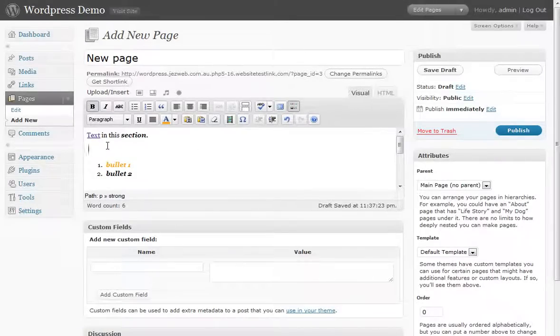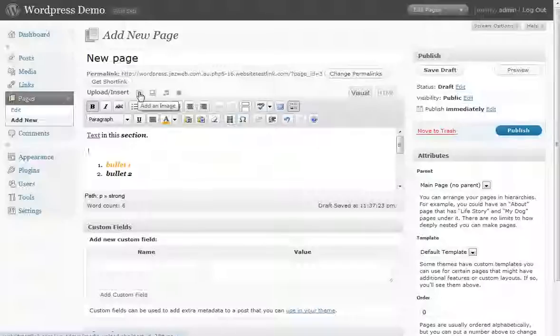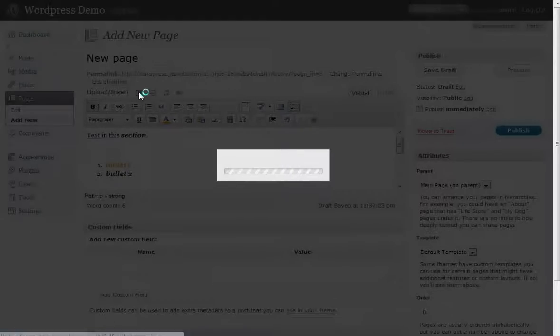Alright, probably the second most important thing after editing text is putting in a picture. So you see up the top here we've got upload, insert, and there's a little picture frame icon. If you hover over it, it says add an image. Click on add an image,